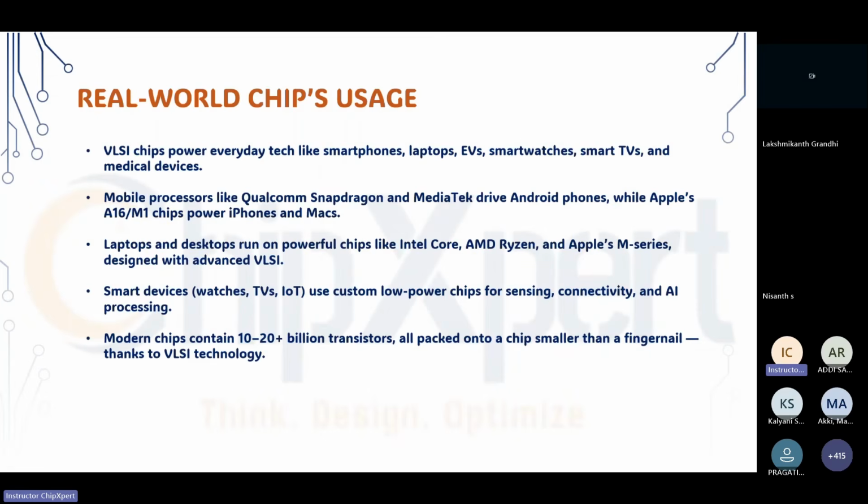You see mobile processors, laptops and smart devices, IoT devices, sensors or cameras, or any sensor. You see a small fingerprint sensor, a small camera, or a small detection sensing device. All these in the medical field come under a chip. They use chips, the ICs, which are integrated circuits.